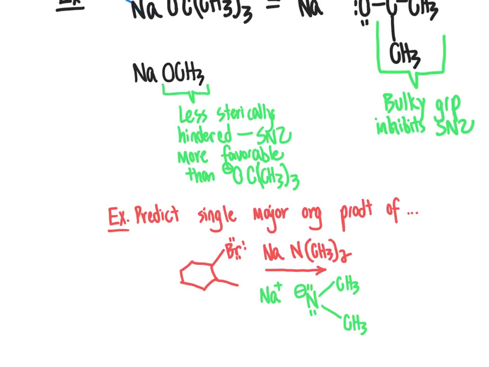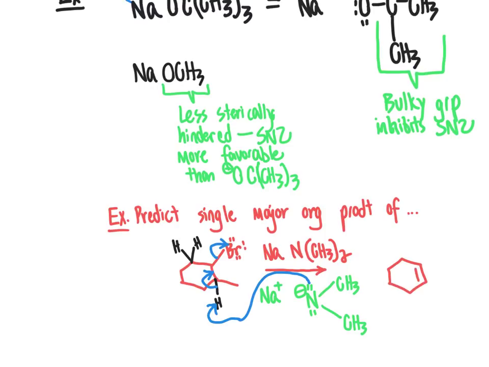So we'll bring in our lone pair electrons from the nitrogen atom acting as the base, and that's going to grab a proton from the beta position here. I'm going to go ahead and fill in my beta hydrogens. We'd have a beta hydrogen here, and we would also have 2 beta hydrogens over here as well. But if we attack this beta hydrogen, that would allow us to create a more substituted product than if we go after the other ones. And so this is going to be the Zaitsev's predicted product here. We take that carbon-hydrogen bond, move that over to make our alkene group at the same time that the leaving group bromine leaves. And that is going to give us, in this one-step E2 mechanism,